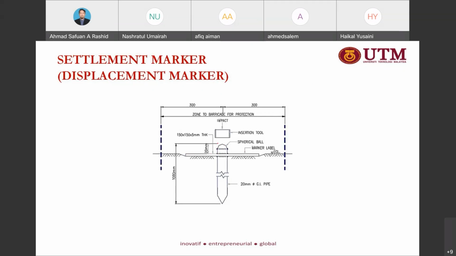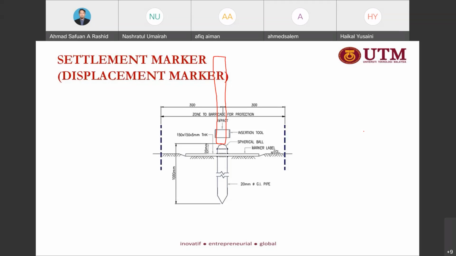Then we may put a survey instrument, a leveling instrument, and the surveyor may use a total station to look for any movement. It should be conducted periodically